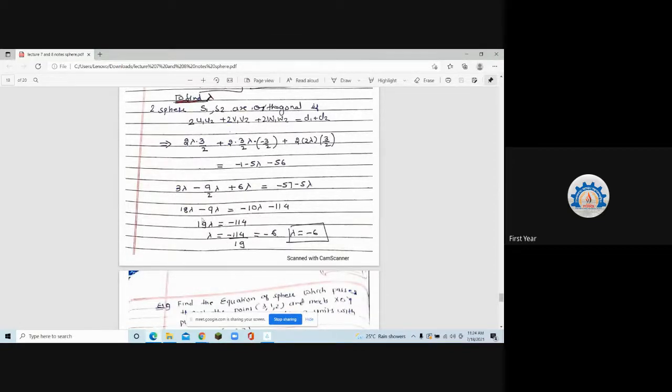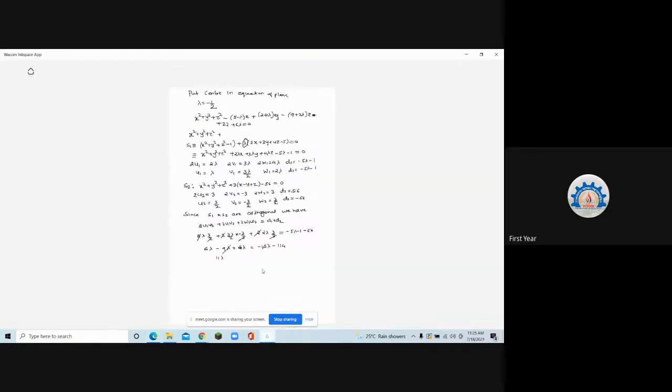This one, see here. It is 3 lambda minus 9 by 2 lambda plus 6 lambda. Yes, I'll present it. Here, sorry, I had written 4 lambda, this was 6 lambda. So 6 lambda minus 9 lambda plus 6 lambda. So minus 10 lambda and minus 9 lambda, 1 will remain. So 6 plus 6, 12? Plus 1 will be 13. Still we are doing some mistake.